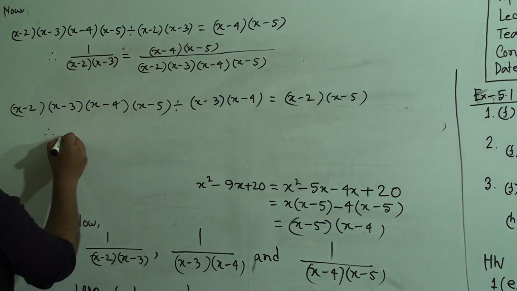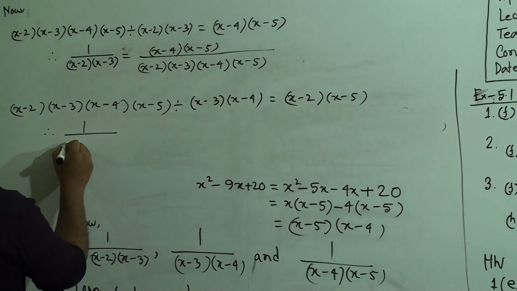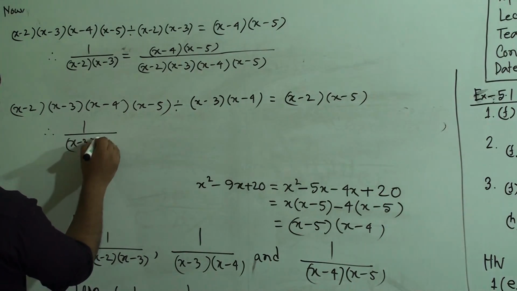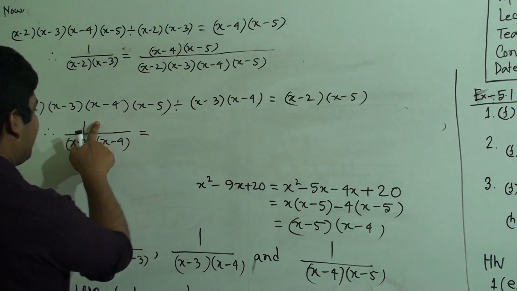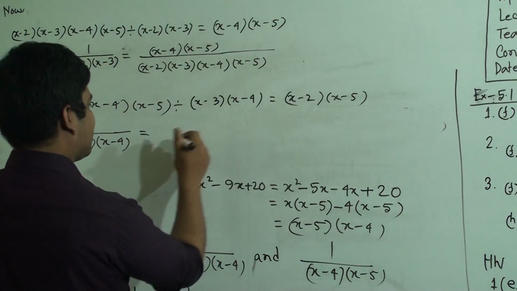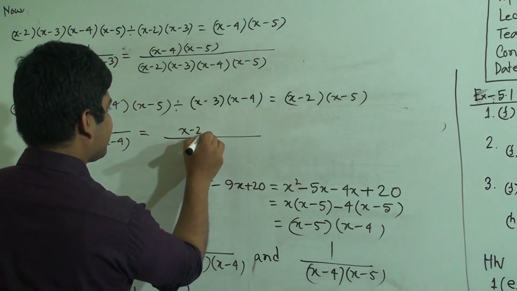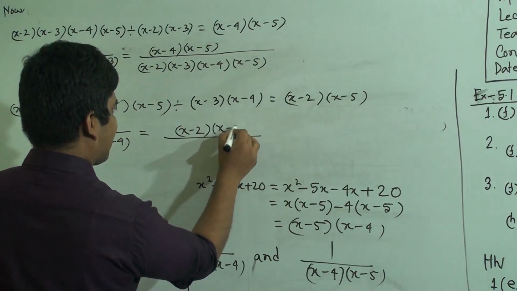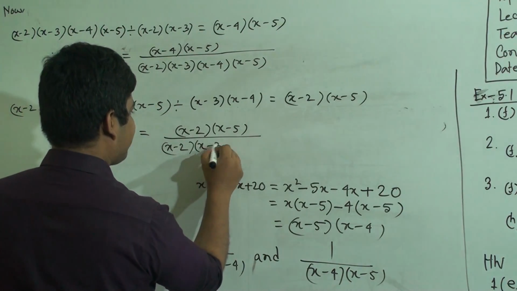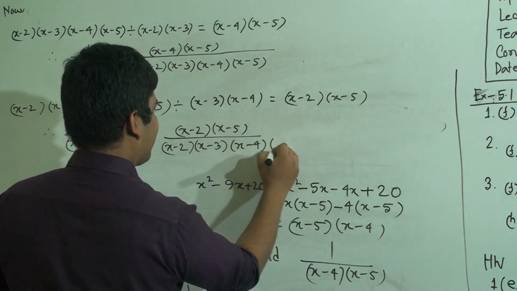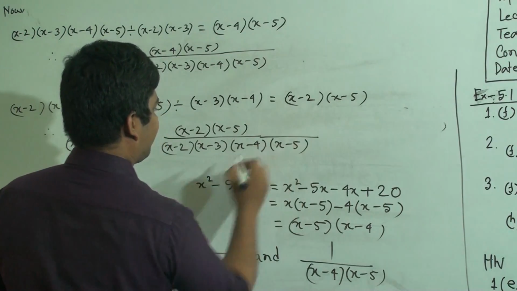Now we write the second fraction 1 by x minus 3, x minus 4. So now we multiply numerator and denominator by this number. So x minus 2, x minus 5, and here x minus 2, x minus 3, x minus 4, and x minus 5. Okay,